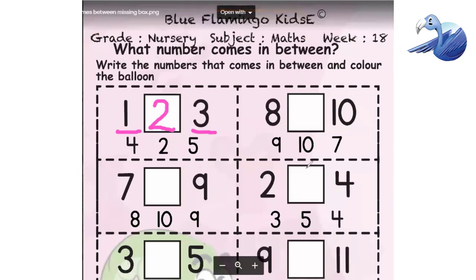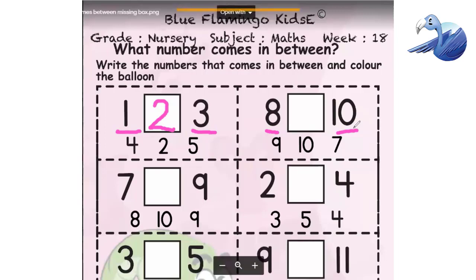Okay. Now let's move to next part students. The next numbers are 8 and 10. Again we have to search where is 8. 8 is here. Okay. So let's circle 8. Come on everyone. 8 and the next number is 10. So let's circle 10. So yeah students, now look at the screen.